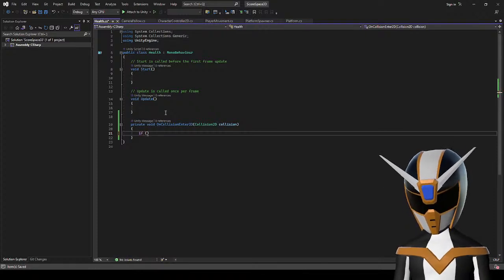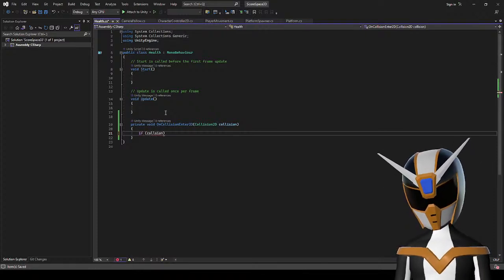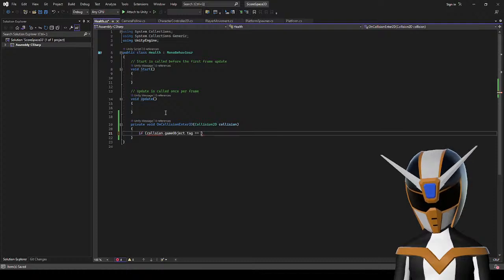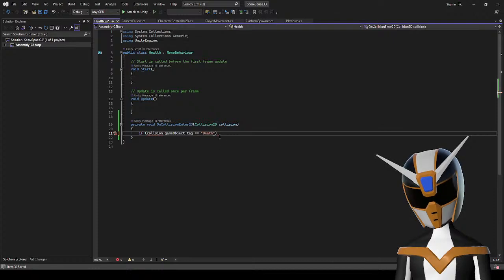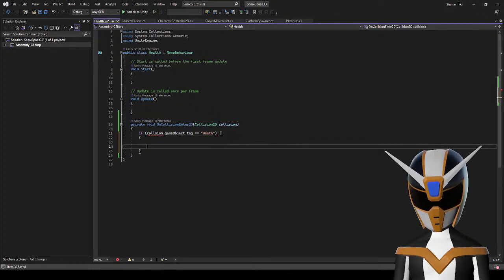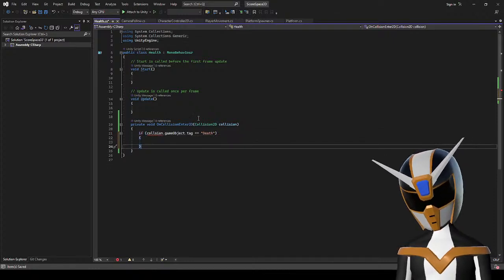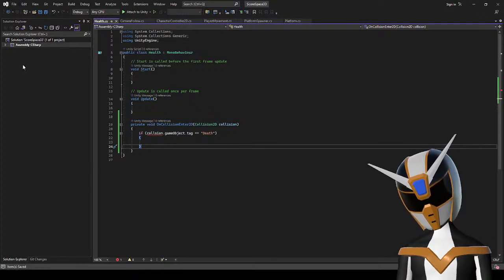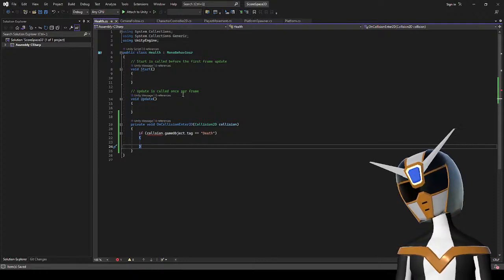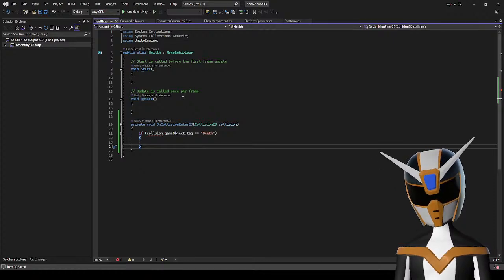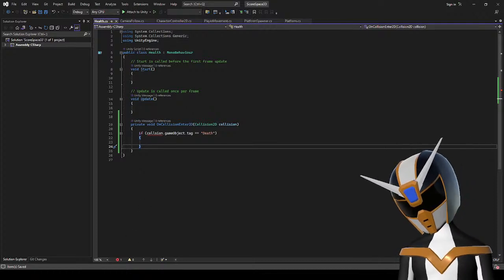Let's say if collision.gameObject.tag is equal to death, then I'm gonna need a reference to the game manager to bring up the game over screen. And then, okay.